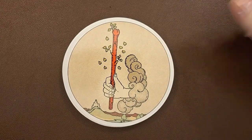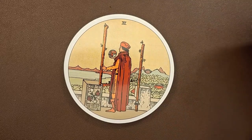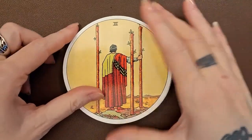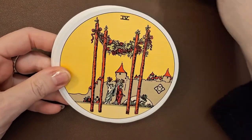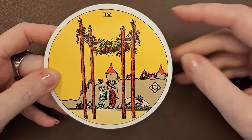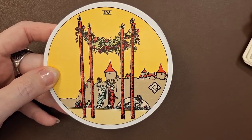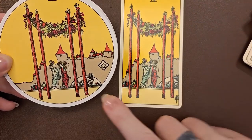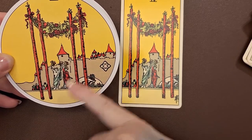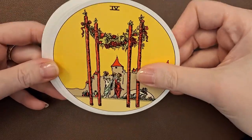Ace of Wands. The 2. I love this. The 3. Probably hold them up like this so the glare isn't so much. I've got to fix this. Ever since I moved everything out of my other room, this has been an issue. Look at this. I've got to reach over here and grab the 4 of Wands. And you're getting more of, once again, the castle. Boy, the Fool must have lived a prosperous life. It's always castles and...